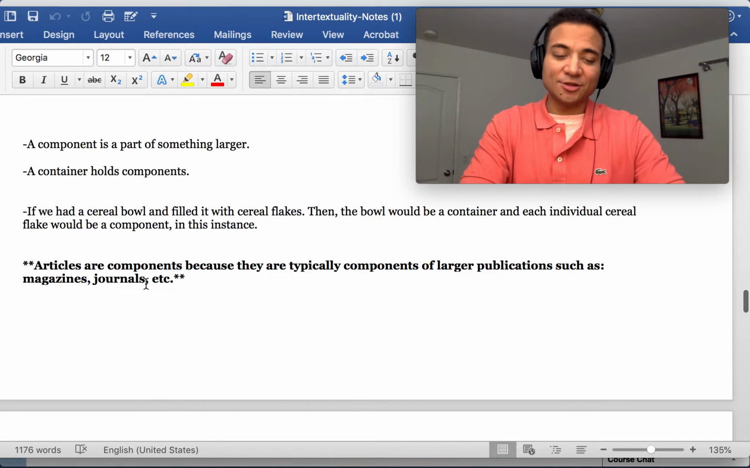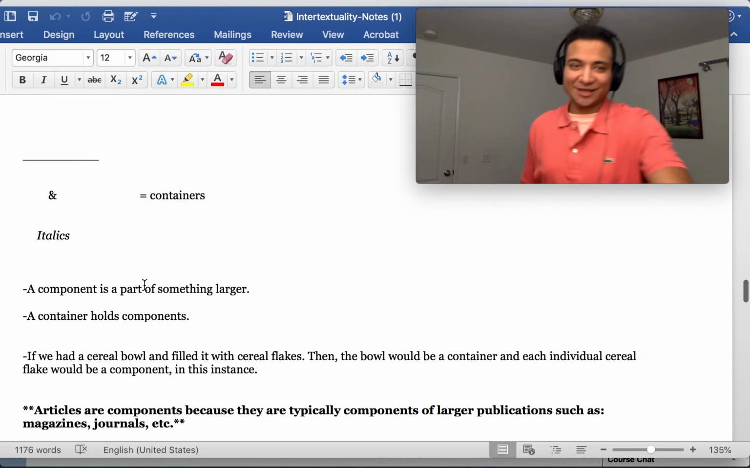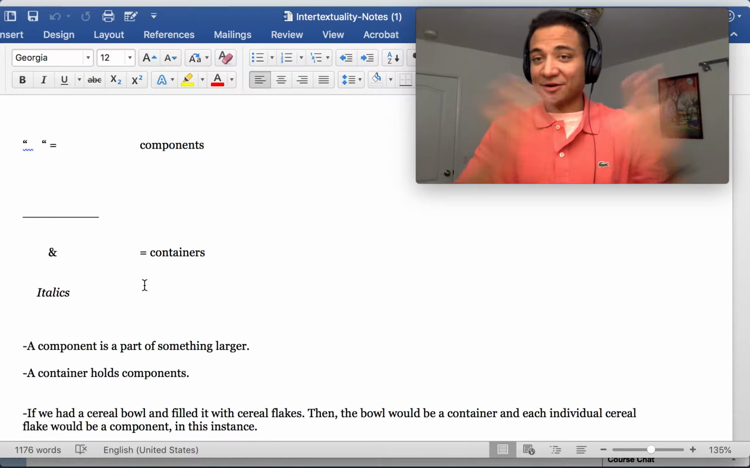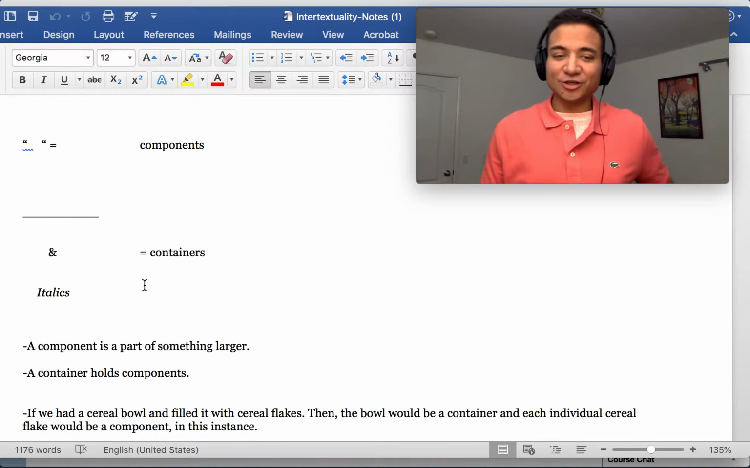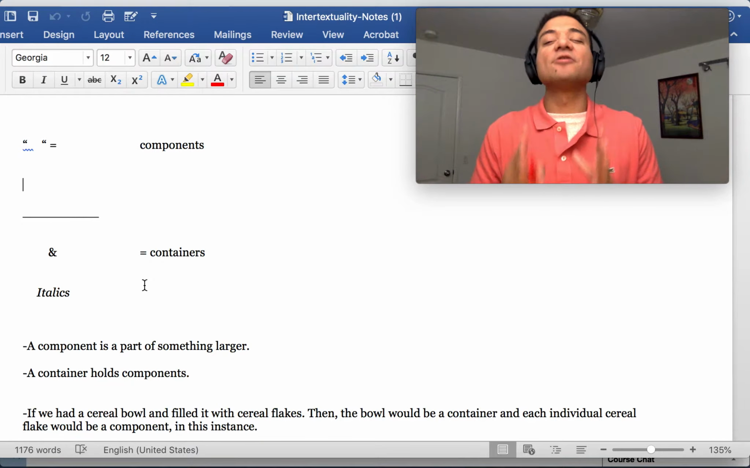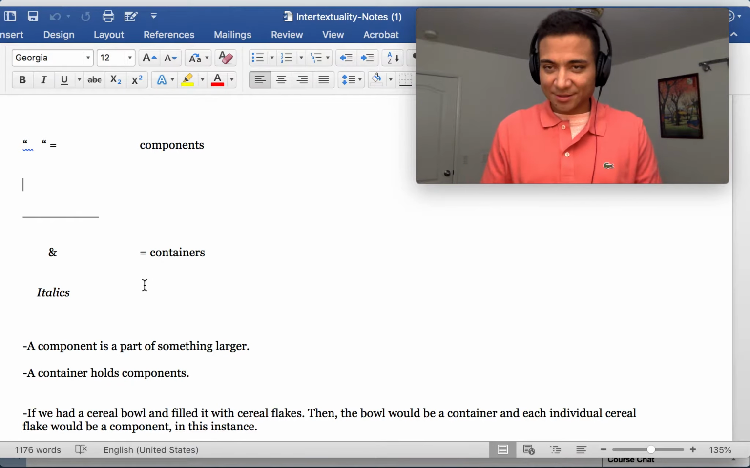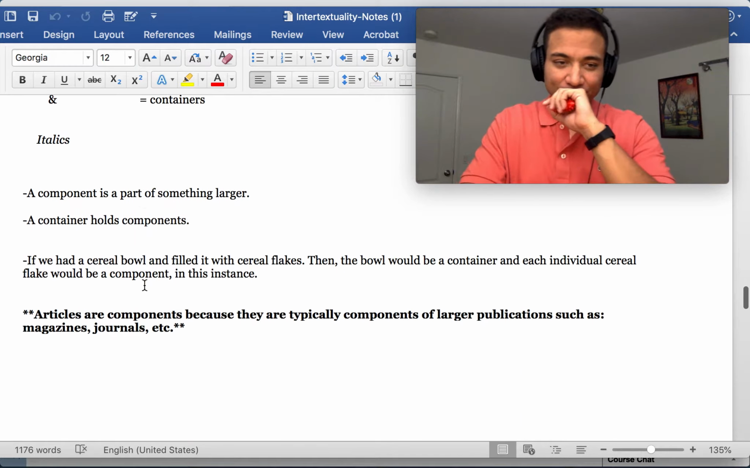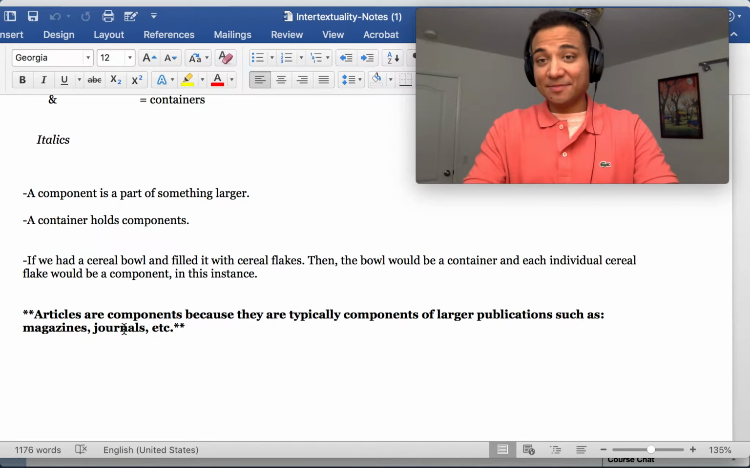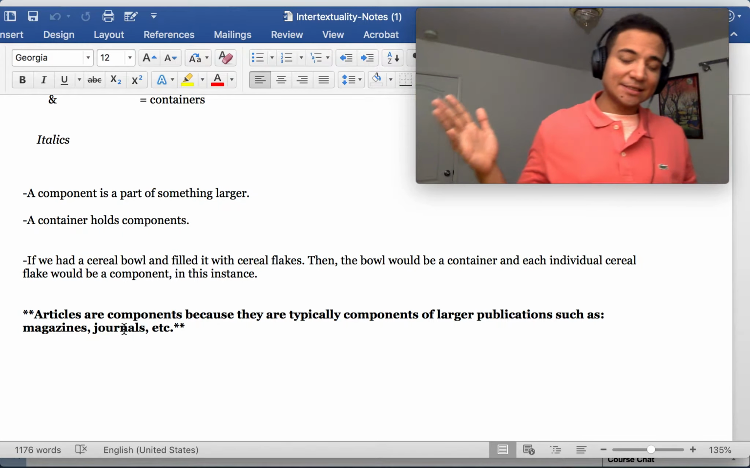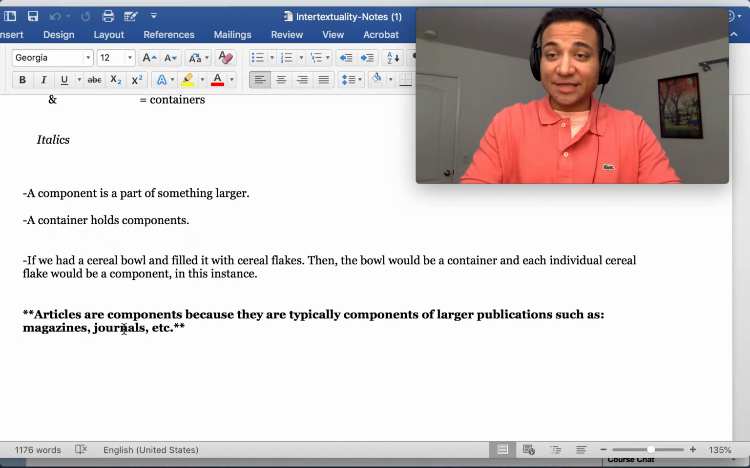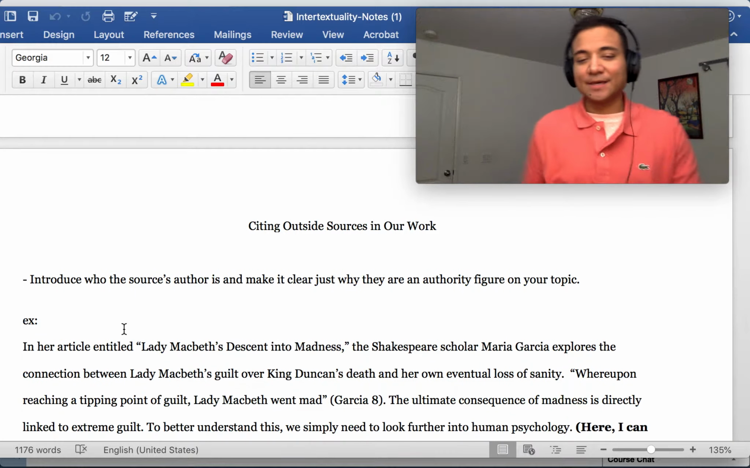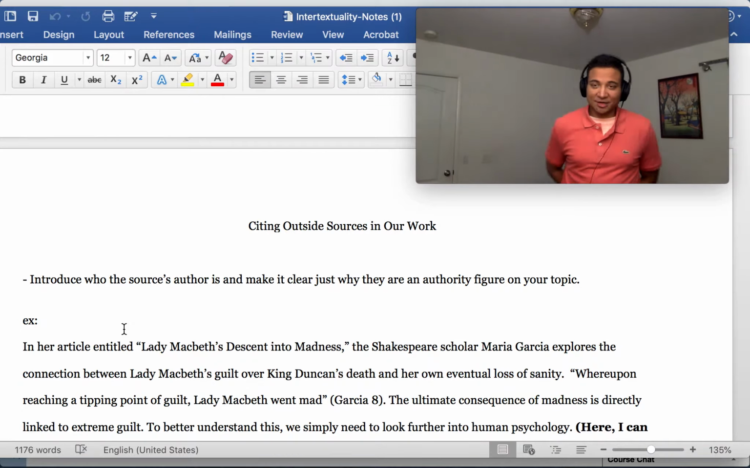What about the journal? Is a journal a component or a container? The journal is the container. It's the holistic, larger source that holds other smaller things, or sources. A journal holds articles. What about magazines? Same thing. The magazine title is the container in this case, and it holds articles as well. So, now that we've talked a little bit about when to use quotation marks and